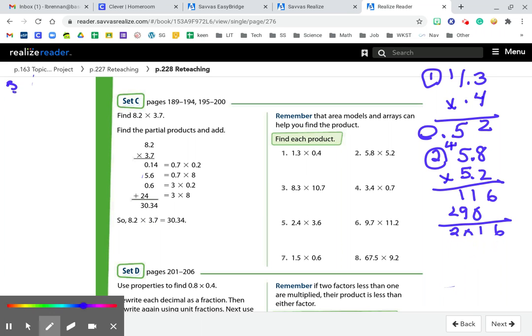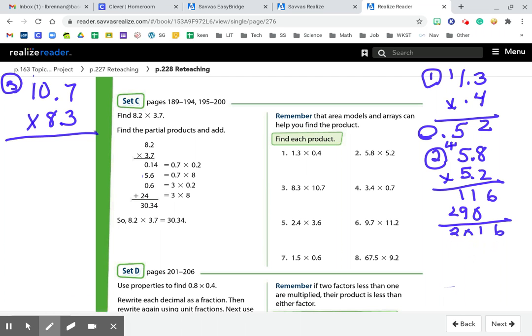Try that again. 10.7 times 8.3. 7 times 3, put the 1 down, carry the 2. 3 times 0 is 0, plus 2. 3 times 1 is 3. 8 times 7 is 56. 8 times 0 is 0, plus 5. 8 times 1 is 8. Add them together. 88.81. That looks a little bit better, a little neater looking, although my pen is not happy on this side of the page. And the decimal, 2 digits in decimal place are in the problem,